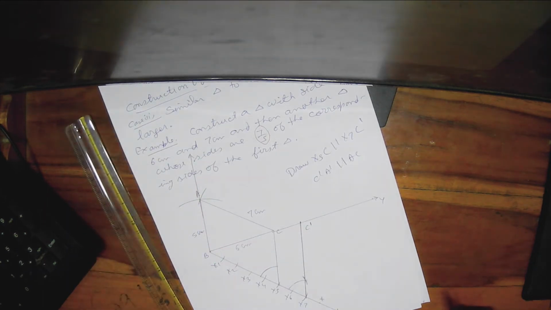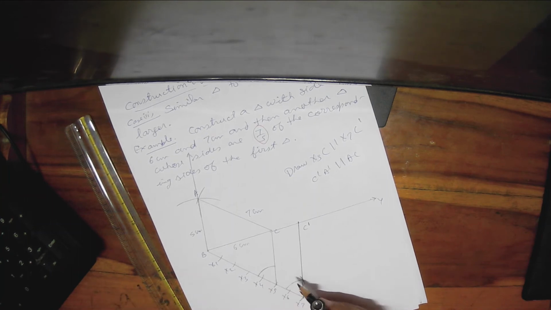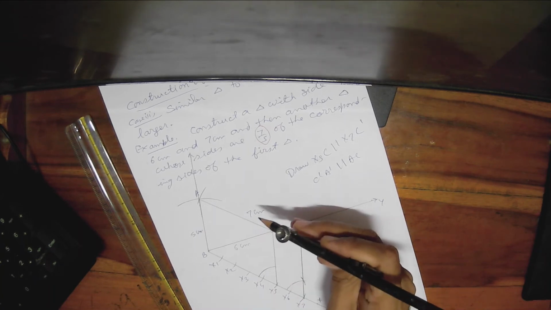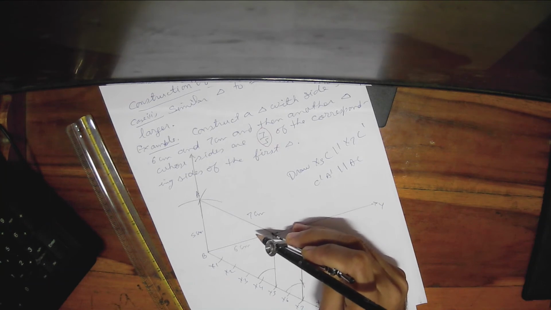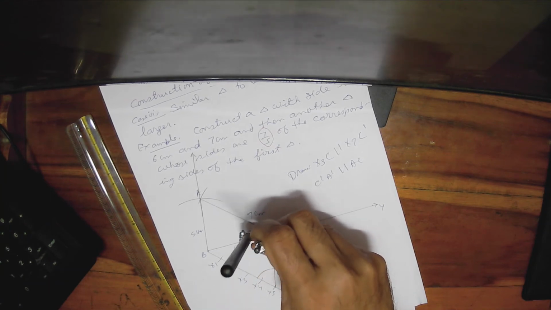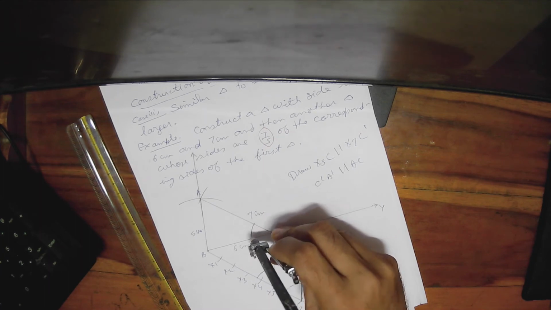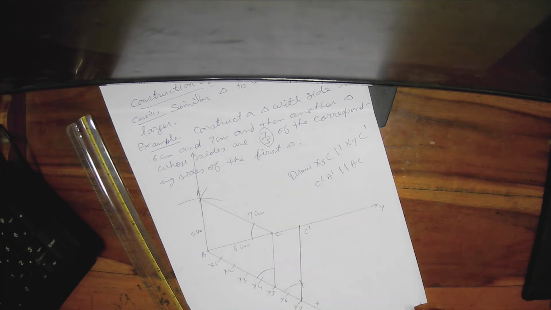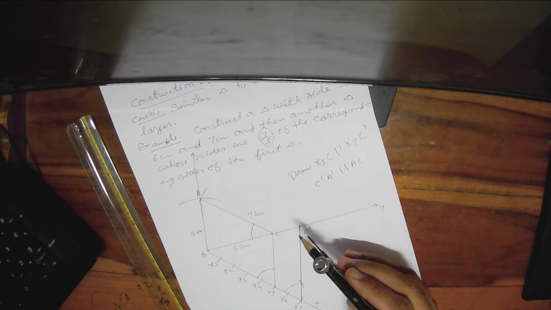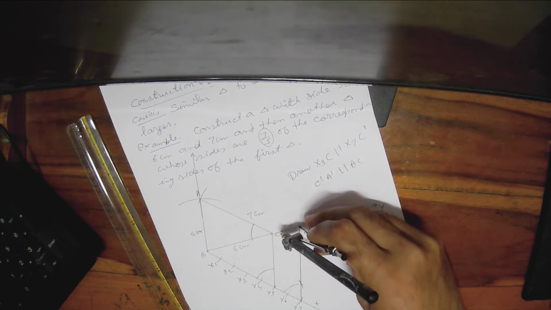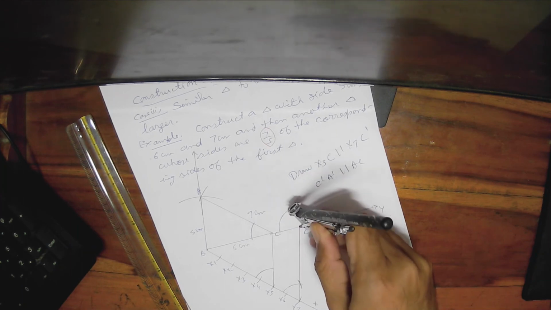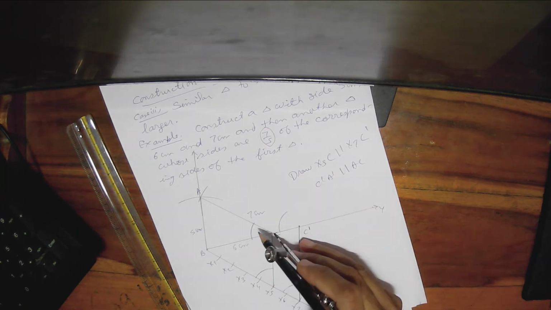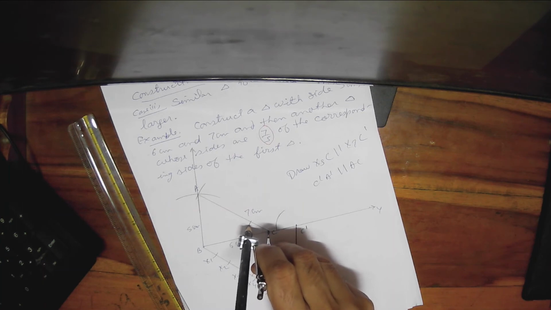Now next thing, whatever here what we have done, we have made the two angles equal. They are corresponding angles, and the same with the help of arc. Same we'll do here also. Put the pointer at point C and then draw an arc of any length of your choice. That must be equal to the angle here. Actually it is the arc length of the angle. Then next, with the same length of the arc, put your pointer at C dash and draw another arc. This time you cannot take arc length on your own. Whatever arc length radius that you have taken, same we will take from here.